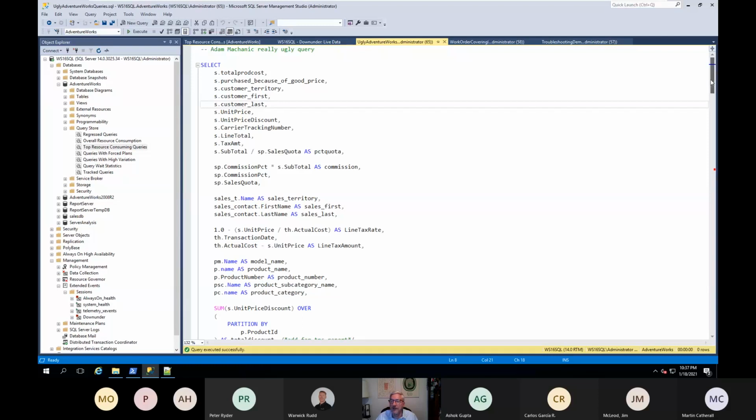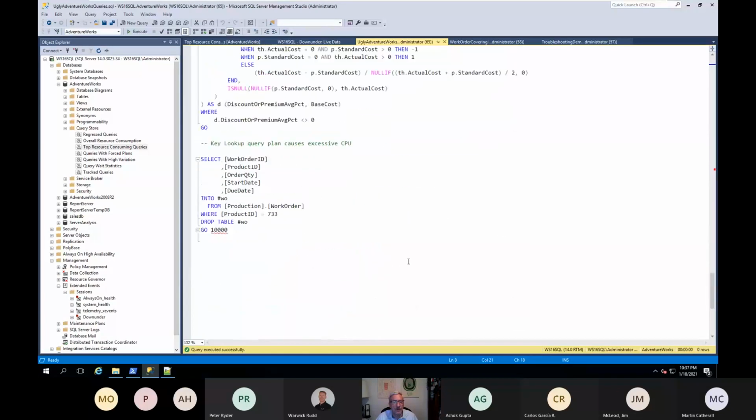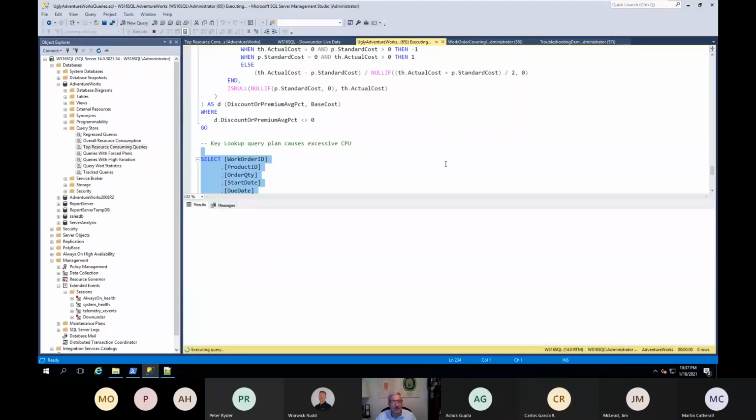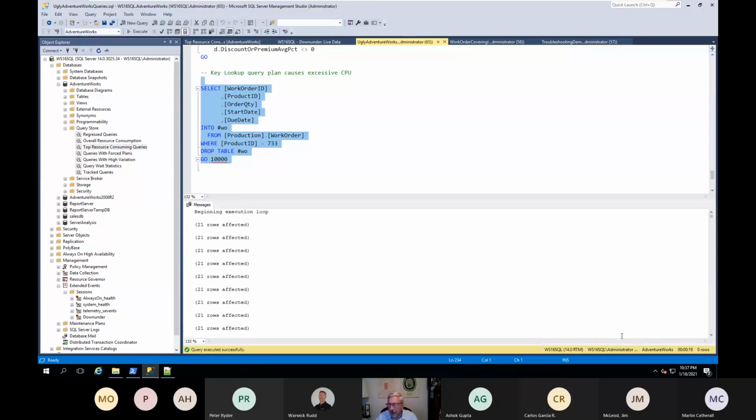I'm just going to run that last set of queries. So what I'm doing is I'm running this 10,000 times. Now I'm selecting into a temp table, and then I'm dropping that temp table, right? So it ran 19 seconds.